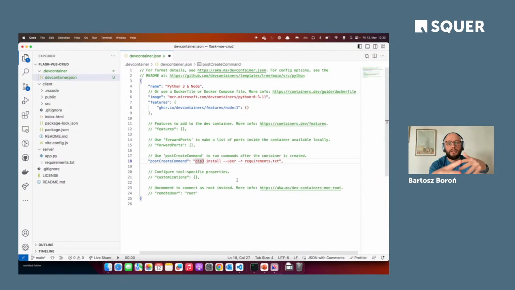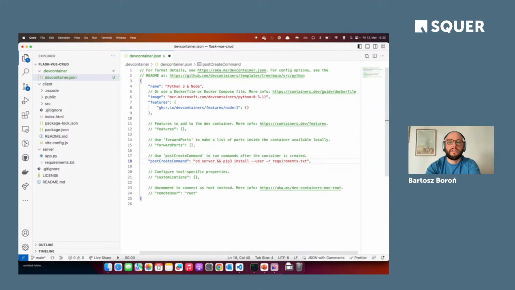Or if there is none, I have to build it or I can rebuild it. This build operation doesn't take place so often, but every time something changes on the dependency level, I want to rebuild it and make sure that all the dependencies are installed.